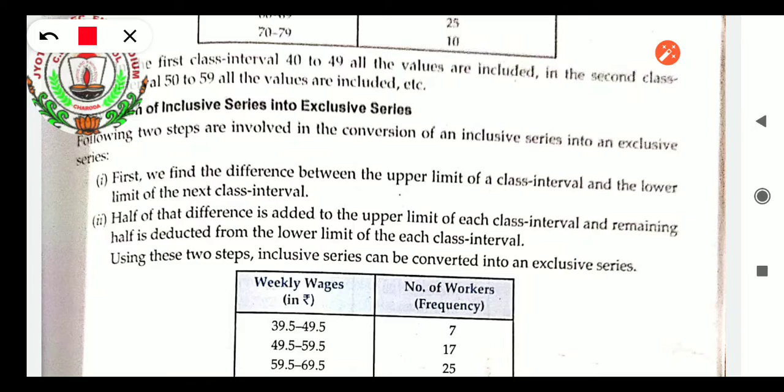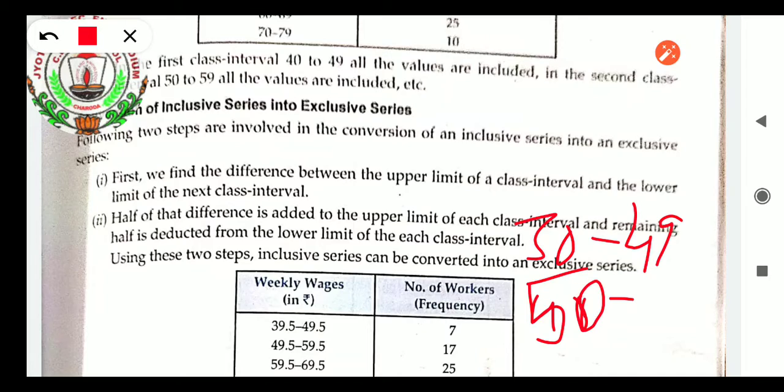Here the limit was 30, that class was 40 to 49 and then 50 to 59, that was the actual class. Okay, what was written there? 30 to 49 and then the next class was 50 to 59. Likewise the class was there in the question. So how had we converted?